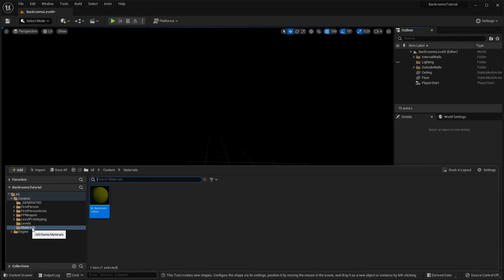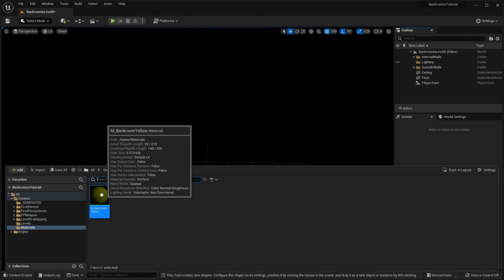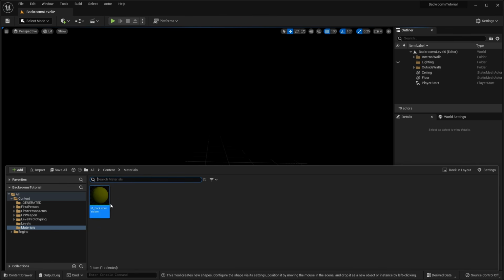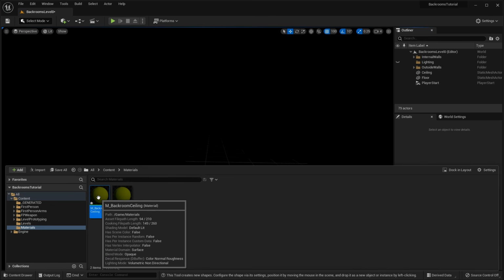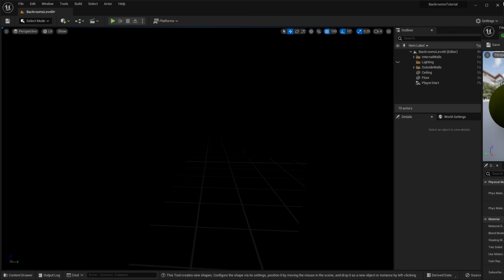Make sure you navigate to your materials folder, which you may be in from when we created our basic backroom yellow material. And what we'll do now is we'll duplicate this material. So select it, press Control D to get a new material, and we'll call this material Backroom Ceiling. So at the moment it's exactly the same as our backroom yellow. So double click to open it up,